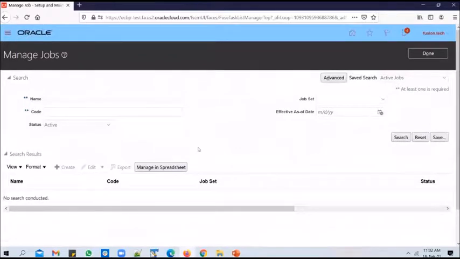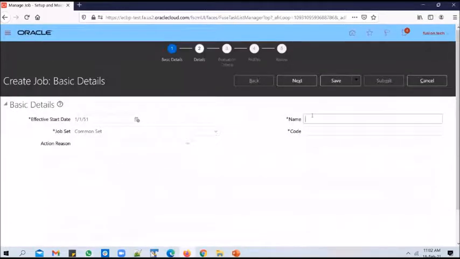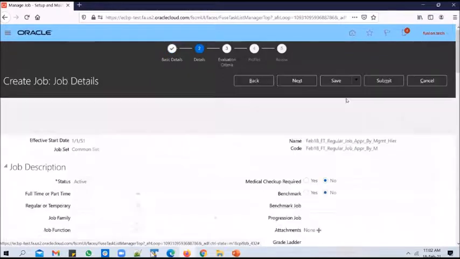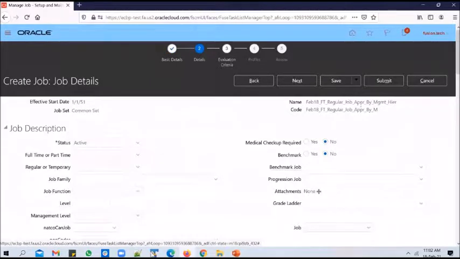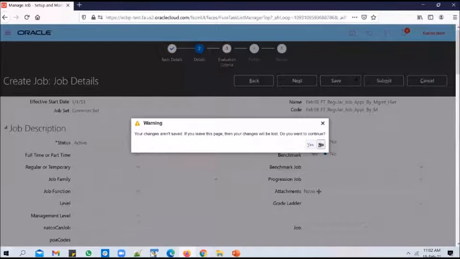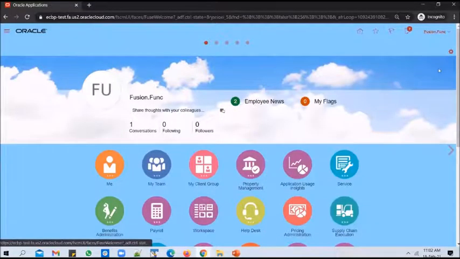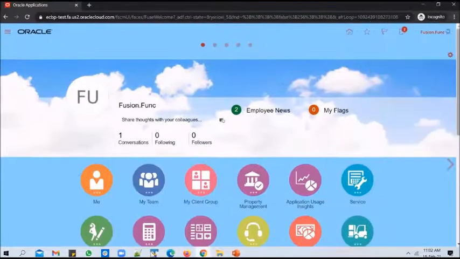Create a new one. Full-time regular job, approval by management hierarchy. Go ahead and submit it. And I cannot submit it as fusion.tech user. I will have to submit this as fusion.func user. So I am already logged in as fusion.func user here. So let me put in a request from this session.